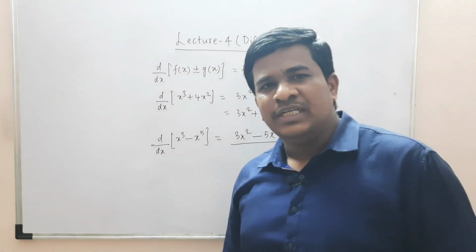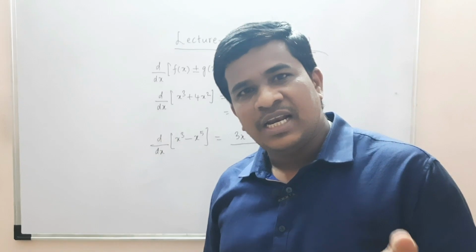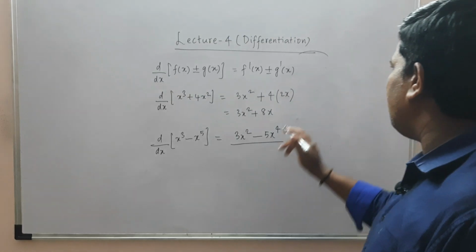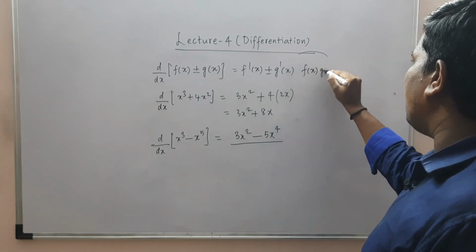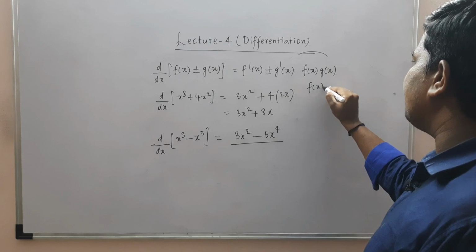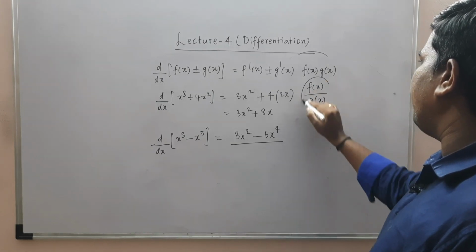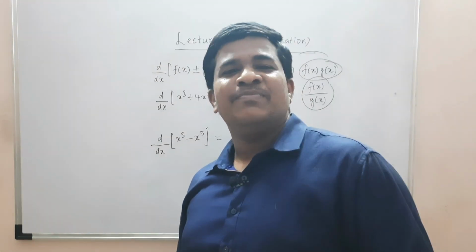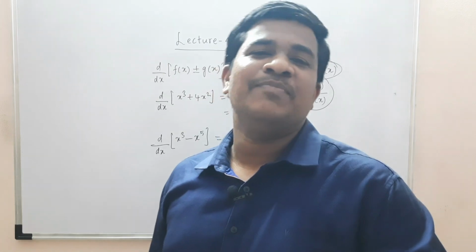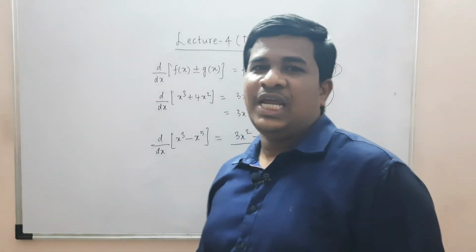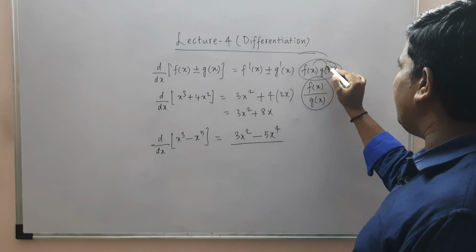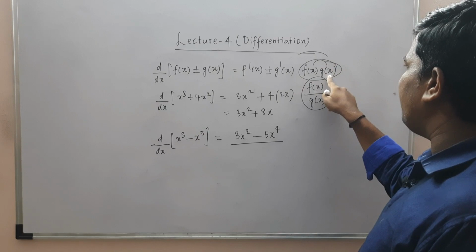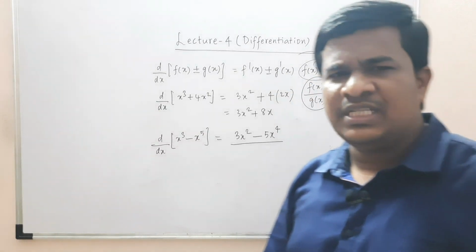Then what about if we have two functions which are multiplied, or if you have division of two functions? I mean, you have something like this, f of x into g of x form and f of x by g of x form. So what do you do when you have multiplication between two functions, when you have division between two functions? So you cannot write here, whenever you have multiplication, writing the derivative of f of x and writing the derivative of g of x and multiplying their respective derivatives. That is not the answer.